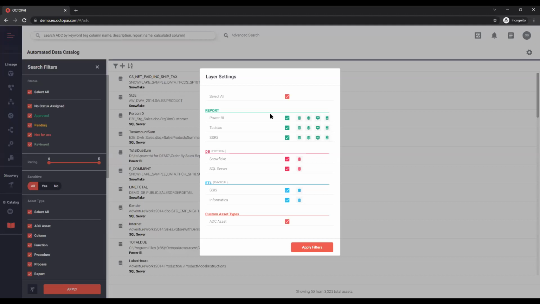We're going to want everyone to work in the same place. But we want to help each type of user focus on the type of assets that's relevant to them. So different users can set this up to see the types of assets that are relevant to them. So let me give you an idea of what that is.